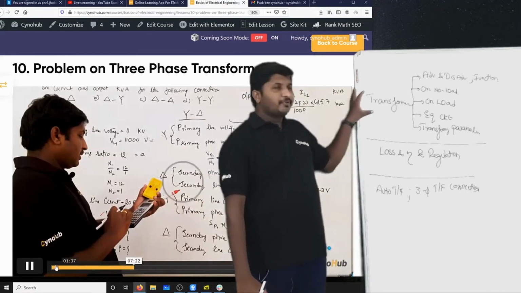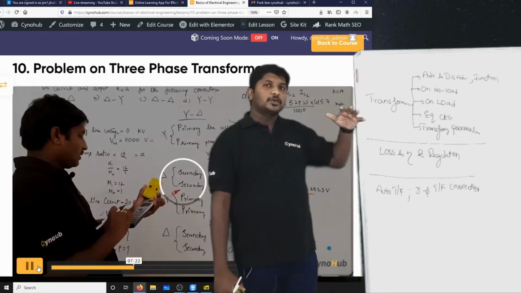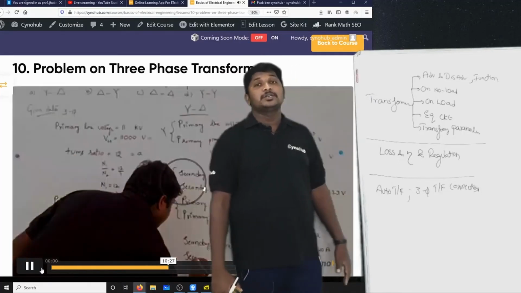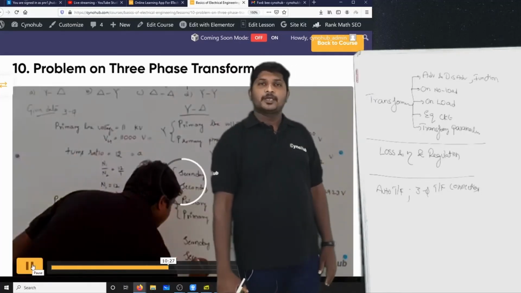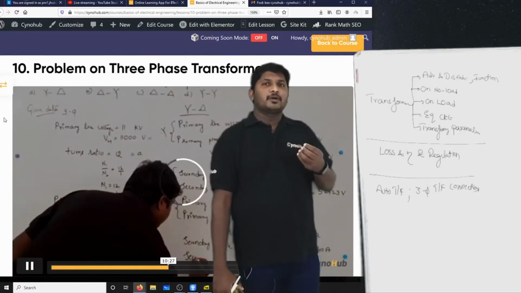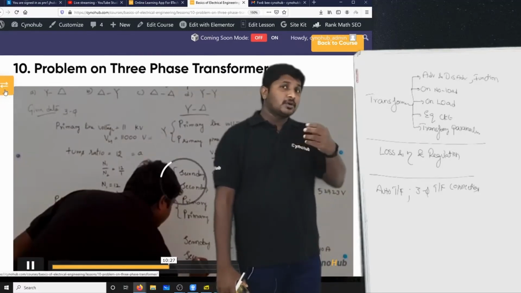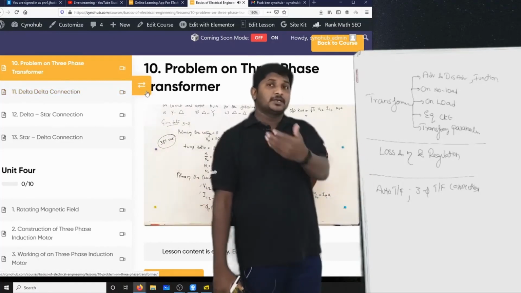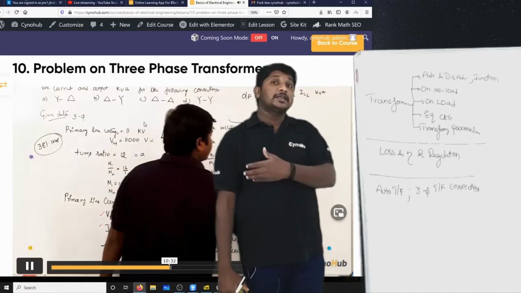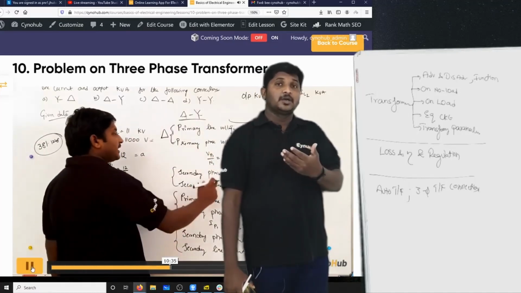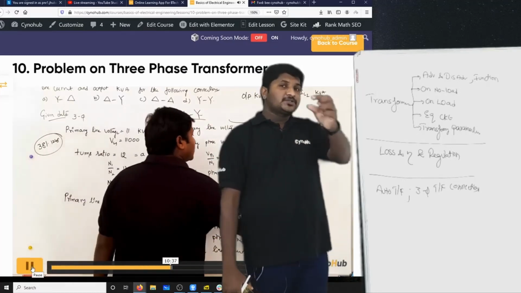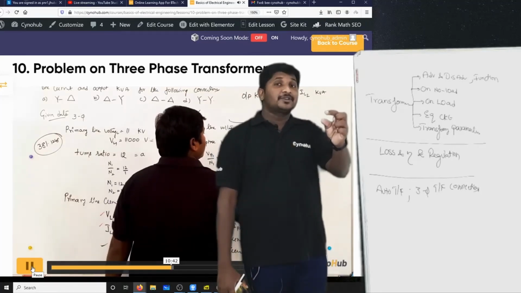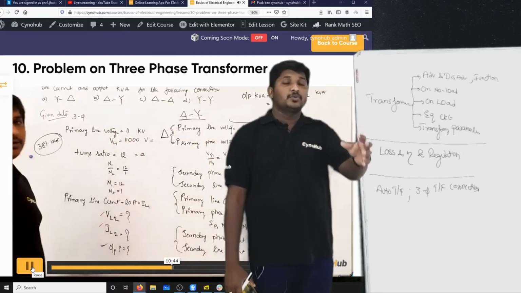Okay, so before starting the transformer, you have to know what are the advantages or what is the function or what is the necessity of that transformer in a power system. Normally they will ask some 4 marks question. A bit has 4 marks and B bit has maybe higher than that. Total is 15, means 11 marks. Likewise, if A bit is 4 marks and B bit is 11 marks, in A bit they will ask what is the function of a transformer in a power system.